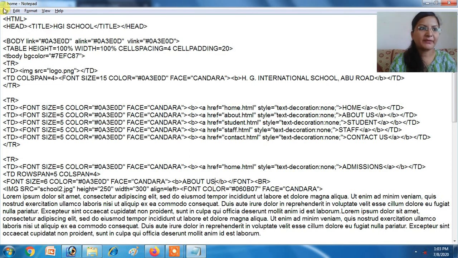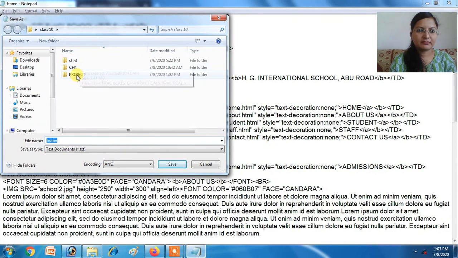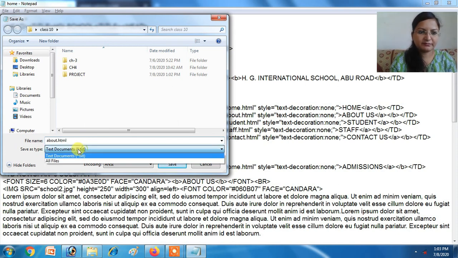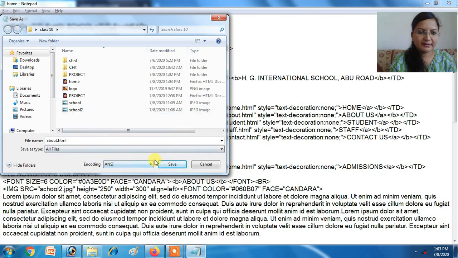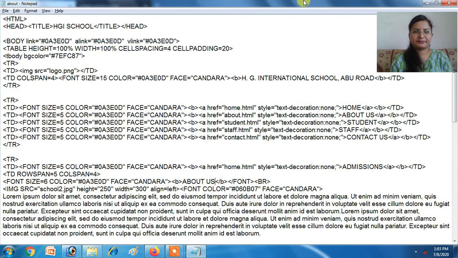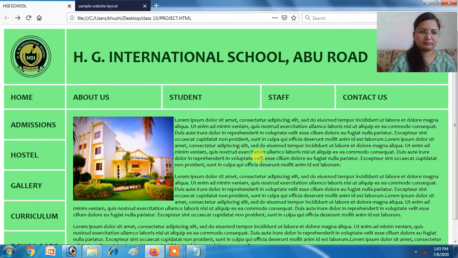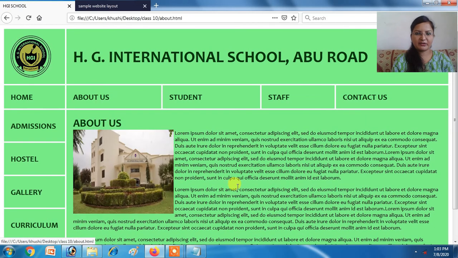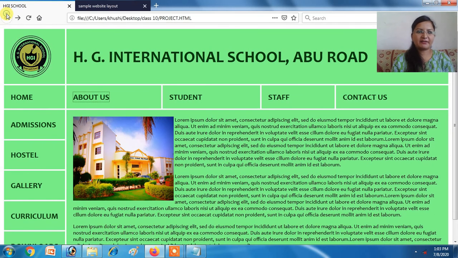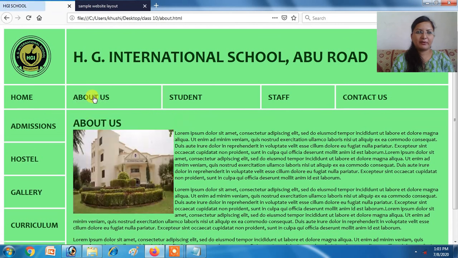Save it with about.html. So this is the first page and about us is the second page. Okay, the pictures are different.